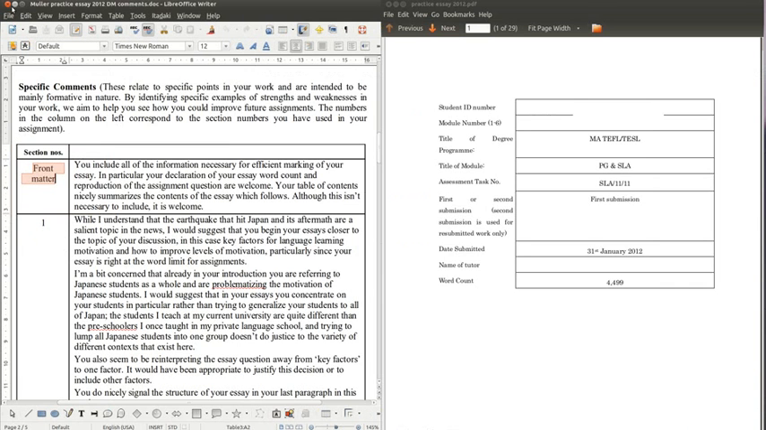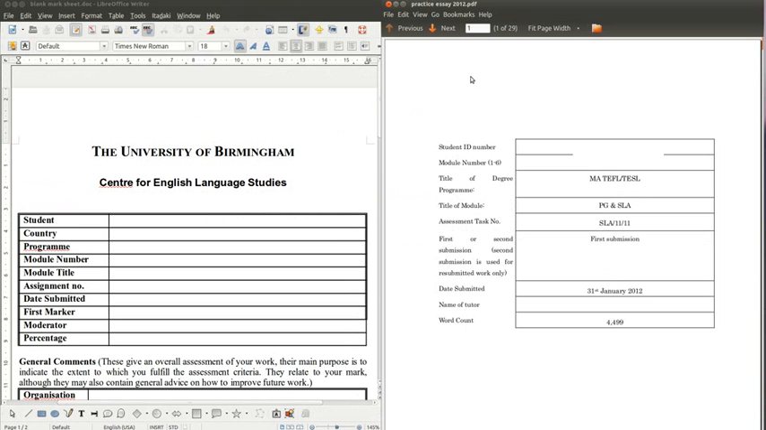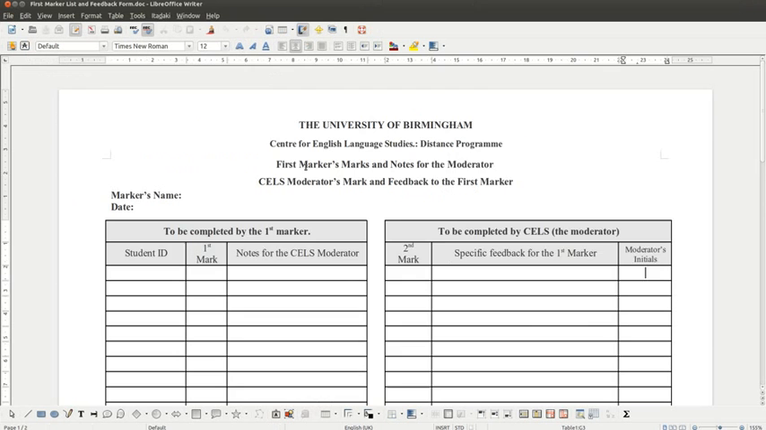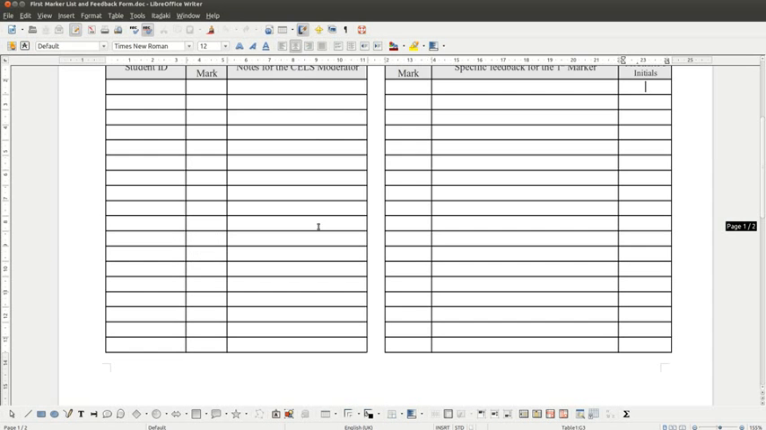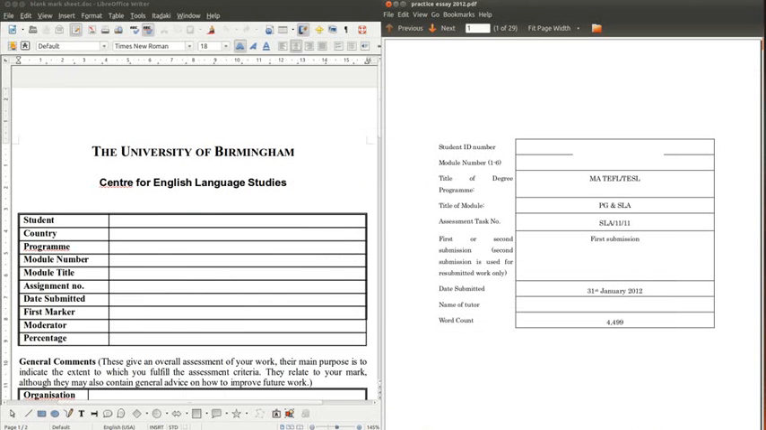If you're marking essays, you should receive at least 3 files if you're just marking one essay. One file that you receive will be the student's essay, which you see on the right, and then the other file you receive will be a blank mark sheet, which you see on the left, and then the third of the files that you should receive will be a first marker list and feedback form, which you should see on the screen here. So within this first video, the nuts and bolts of marking, I'm going to talk about how to go from the blank files that you receive to a completed marking file,